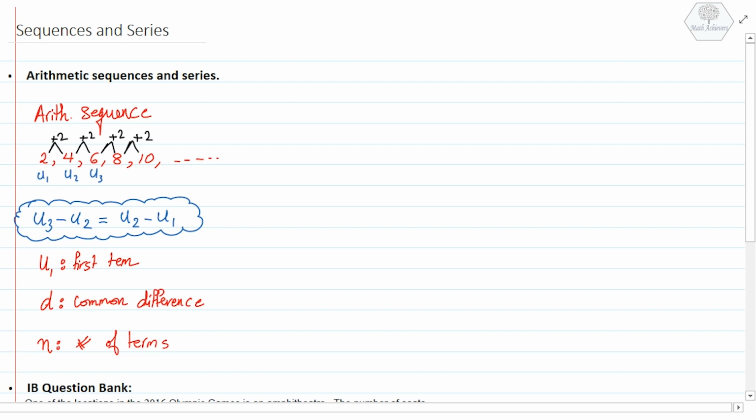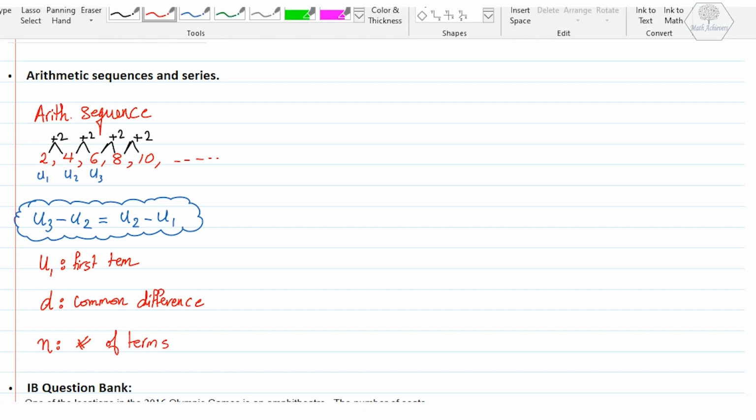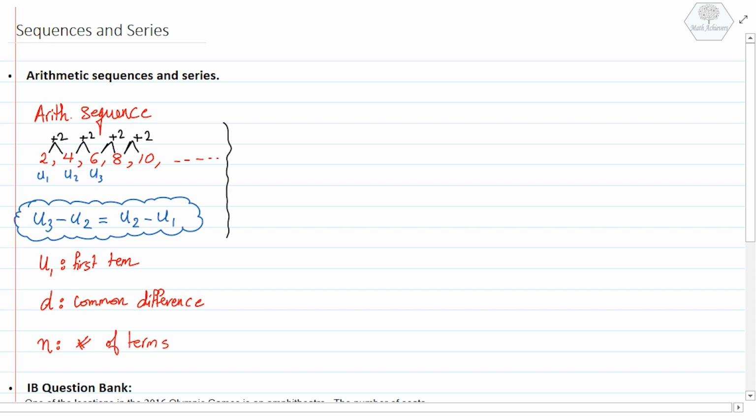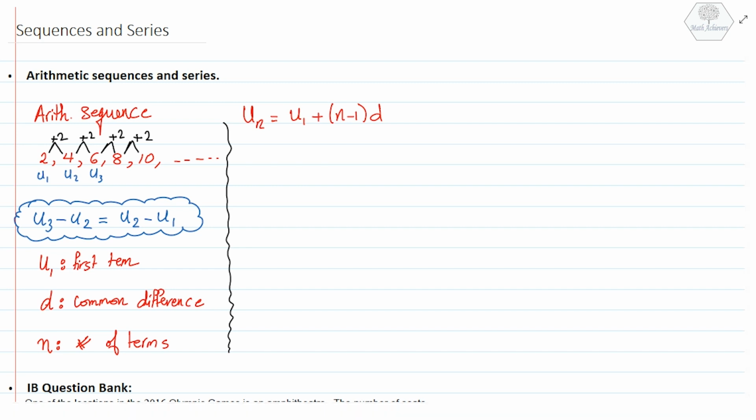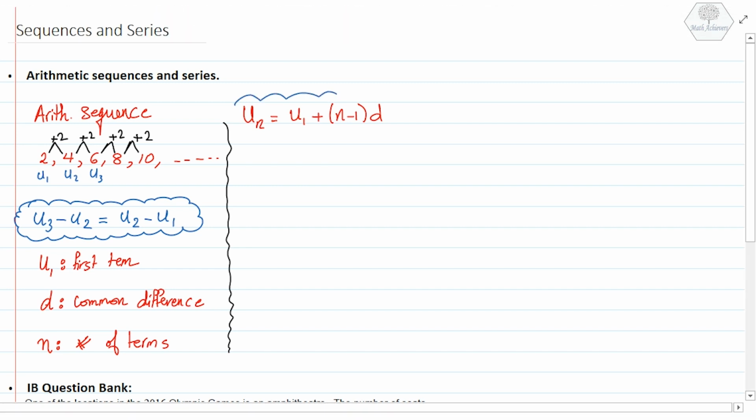So now, after knowing U1, D, and N, we can find any term in an arithmetic sequence using the formula Un is equal to U1 plus n minus 1 times the common difference. This formula, we can use it to find any term in an arithmetic sequence. So now we talked about the sequence. Let's talk now